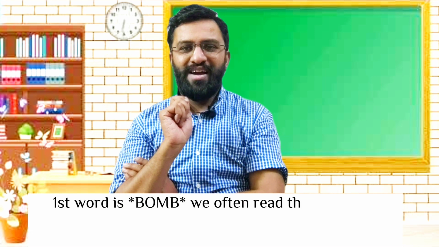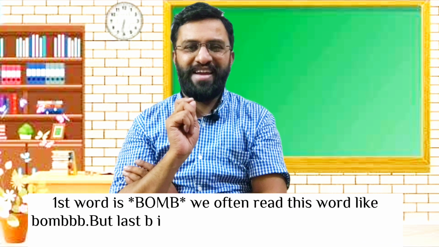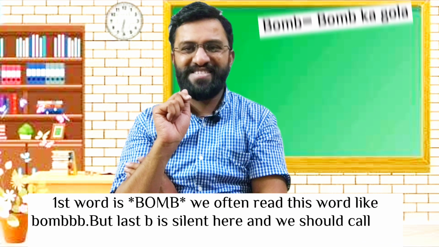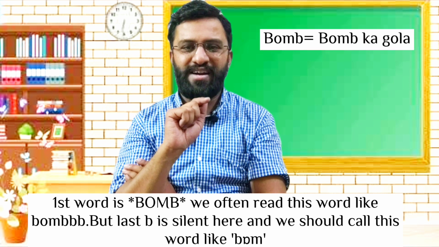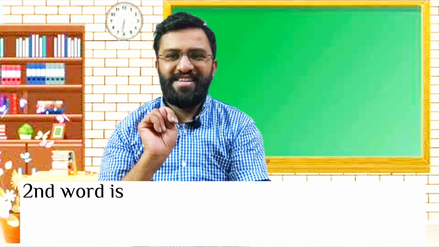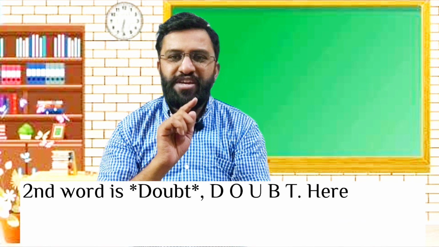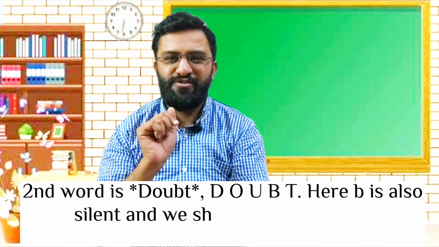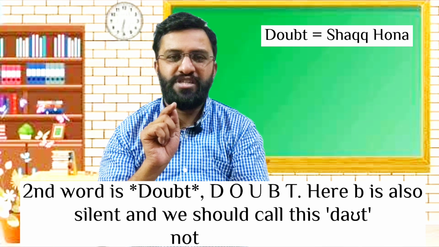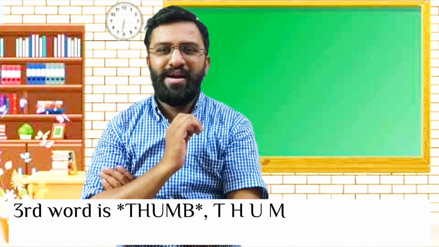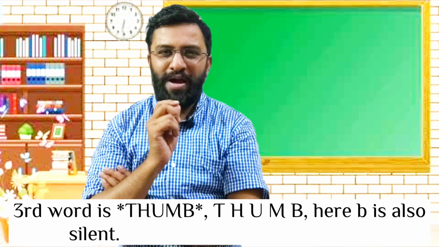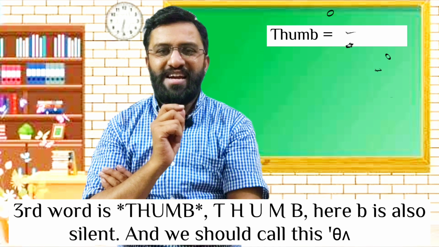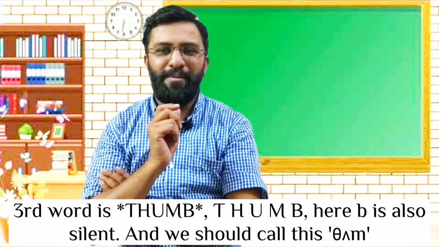Let's start the video. My first word is bomb. We often read this word like bomb, but the last B is silent here and we should call this word like bomb. Second word is doubt. D-O-U-B-T. Here B is also silent and we should call this doubt, not daubed. Third word is thumb. T-H-U-M-B. Here B is also silent and we should call this thumb. Thumb. Fourth word is